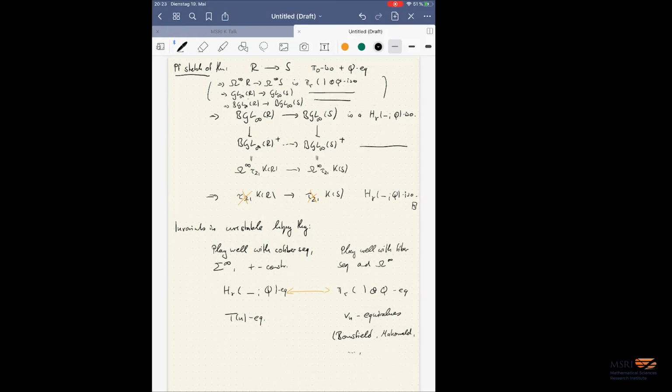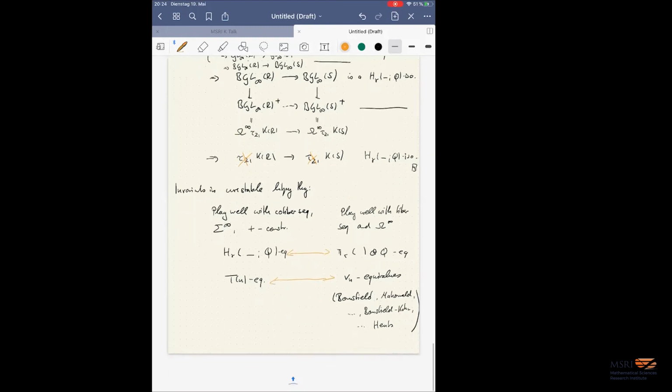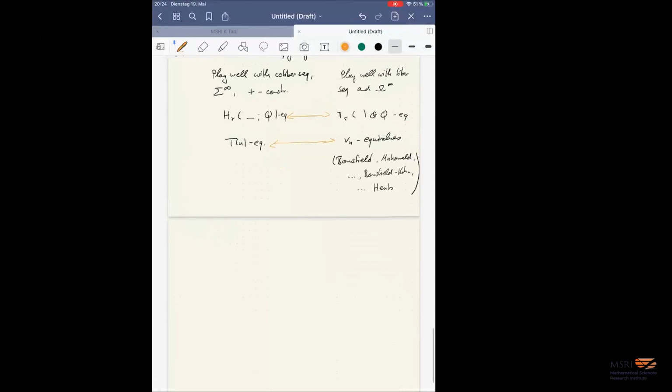So there's also work of Bousfield and Kuhn, which is, okay, this is not so recent. And there's also a more recent paper by Gijs, which I really like. Okay, so these are a few things I want to say. Namely, there's an analogous Vn equivalence, and one really has to study the relationship between Tn equivalences and Vn equivalences. And luckily, Bousfield did a lot of this, and some other people did as well. And at the end,